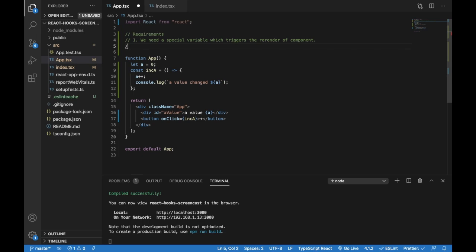And also one more problem the useState hook solves is that, think about it, this is a function. The a is just a local variable. When we call this function, we initialize this as 0, and whatever we do, we render it again. And when we call this function again for re-rendering, it's going to come inside and reinitialize this value to 0 again. So this value is not persistent. So the second problem we are going to solve with useState is